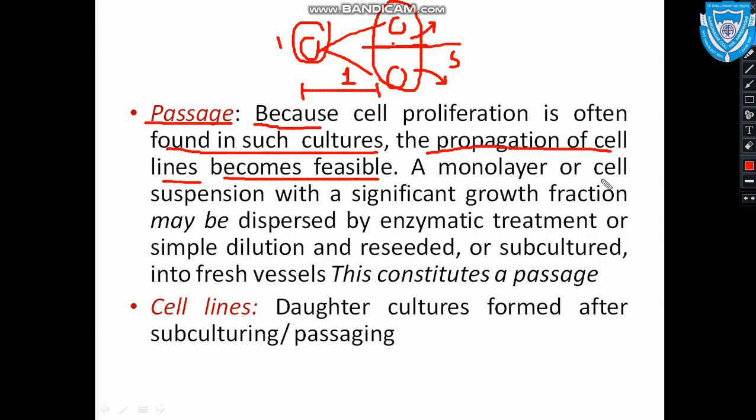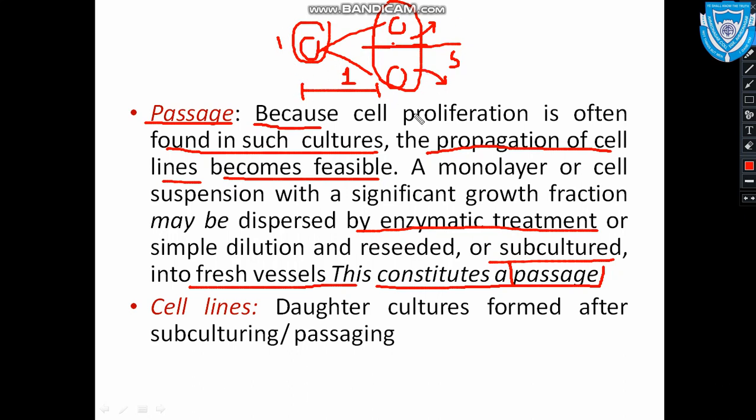The monolayer or the cell suspension with a significant growth fraction may be dispersed by enzymatic treatment or simple dilution, and reseeded or subcultured into a fresh vessel or fresh flask, and this is what is meant by passaging. As I have told you in simple language what is meant by passage,